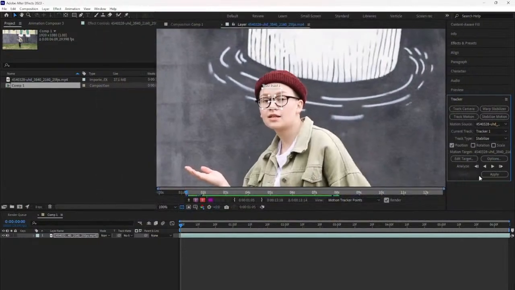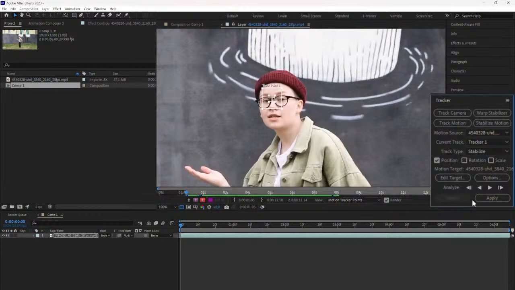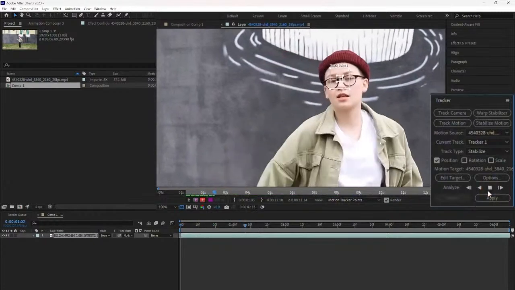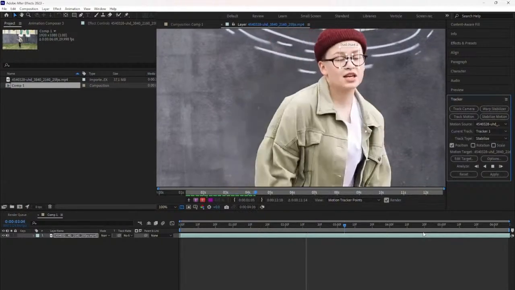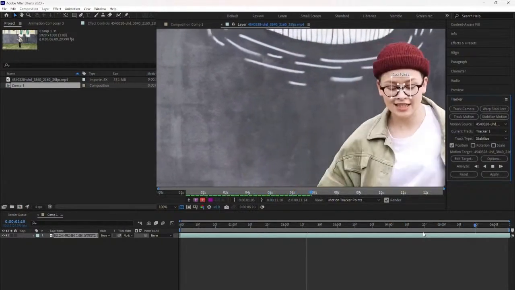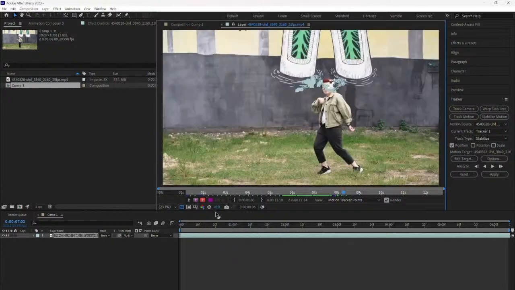Once you've positioned the tracker point, return to the tracker panel and click Analyze Forward. After Effects will process the video frame by frame, tracking the point. This step may take some time, so be patient. Once the analysis is complete,